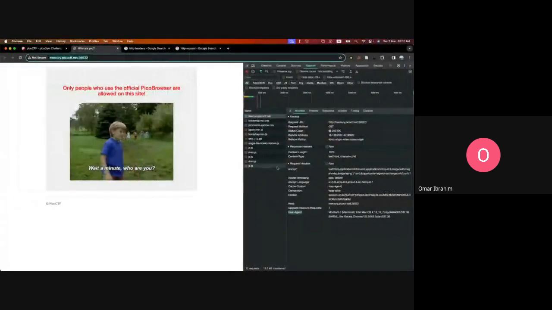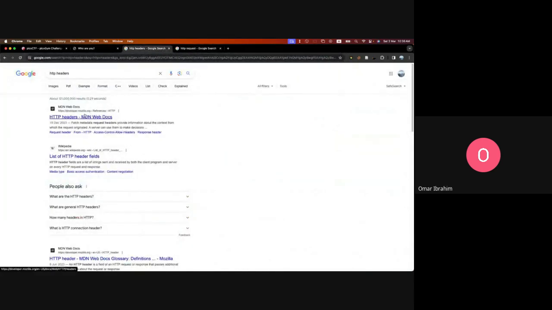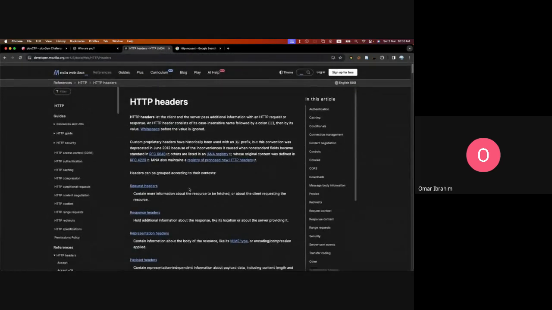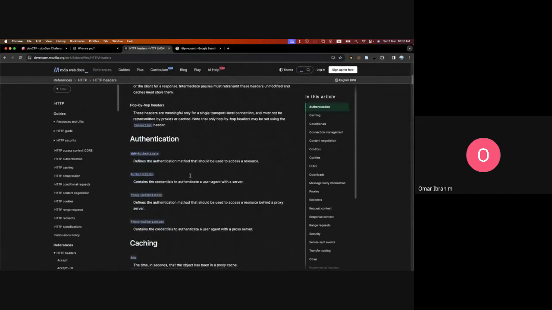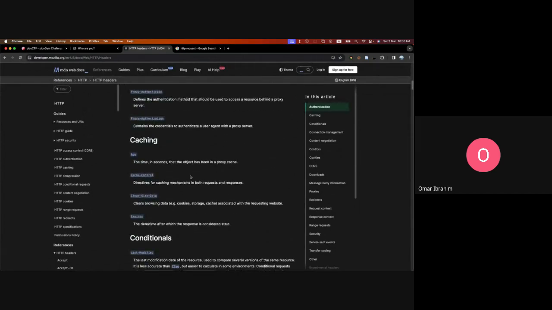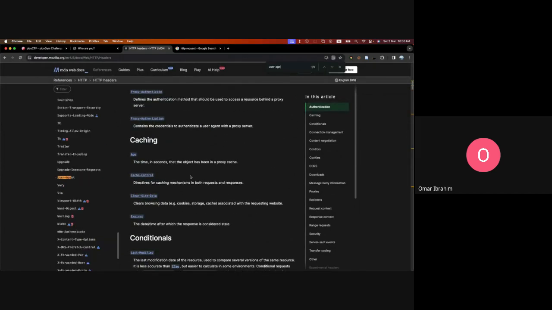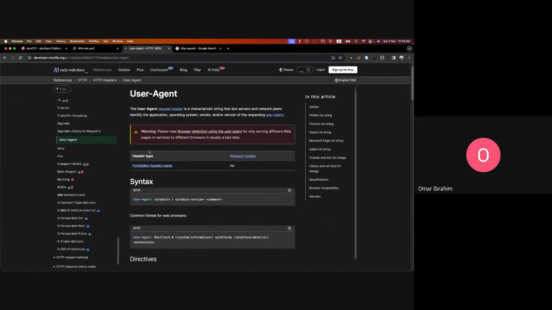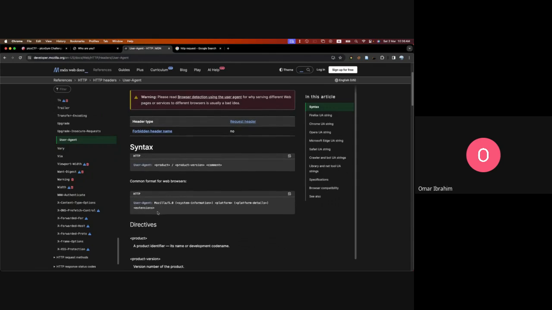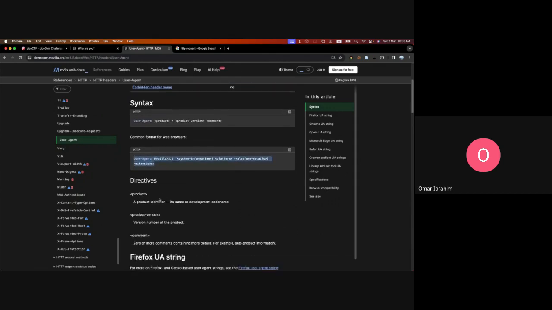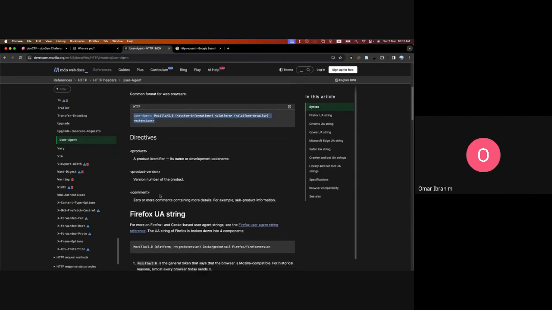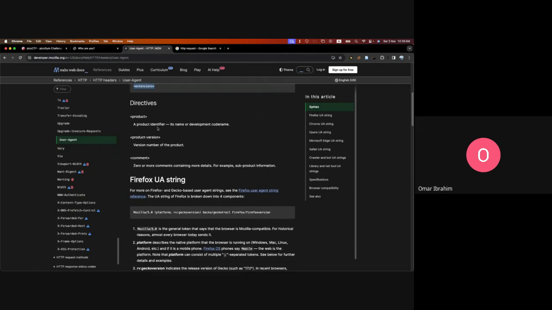Let's see. We didn't actually go into the headers website. So yeah, where is it? Of course we talked about user agent. Yeah, so this is the one that we discussed. Okay, here they have very, very detailed documentation, but now it is telling us